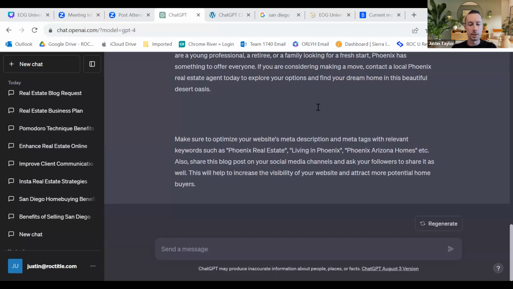ChatGPT. I'm just going to paste that in there. It's this one here, white with the black circle logo. I know it's very hard to see. But just go to the App Store, type in ChatGPT, and when you open it up on your phone, it cannot get easier. Down here is where you type in the prompt, just what you see on my desktop screen, and it starts typing it.